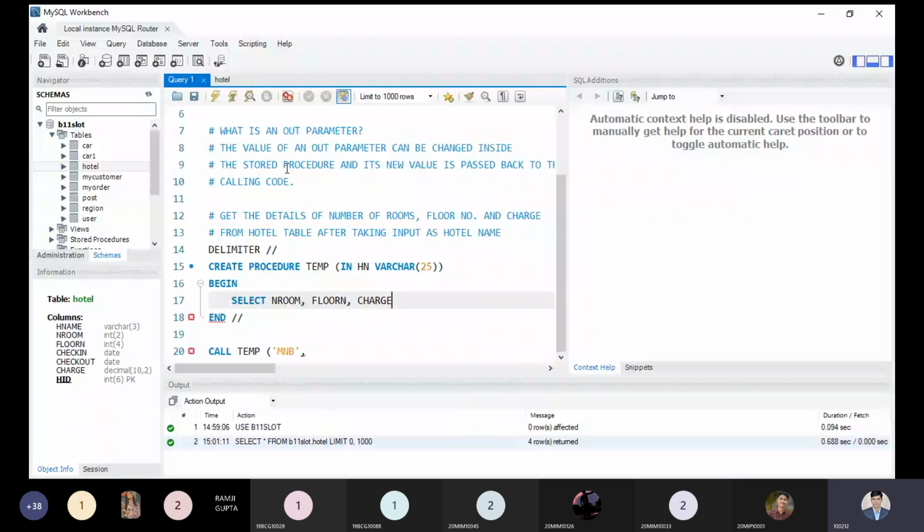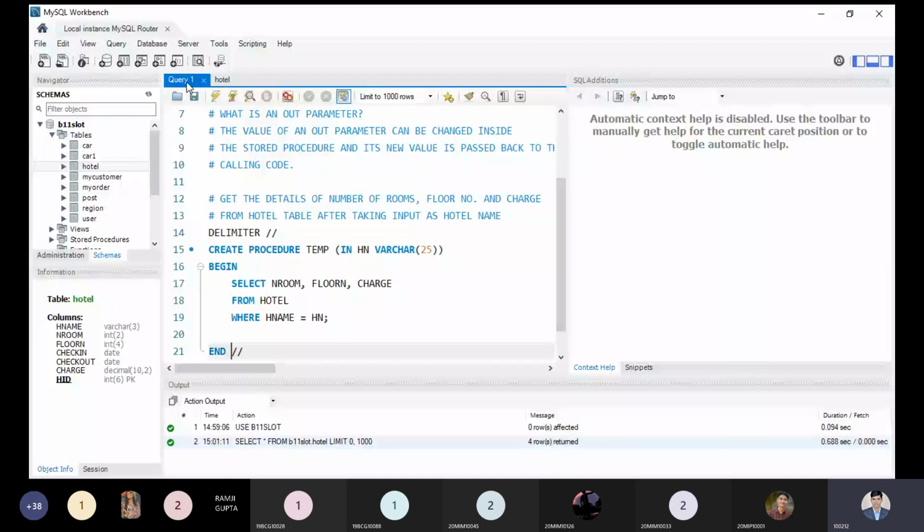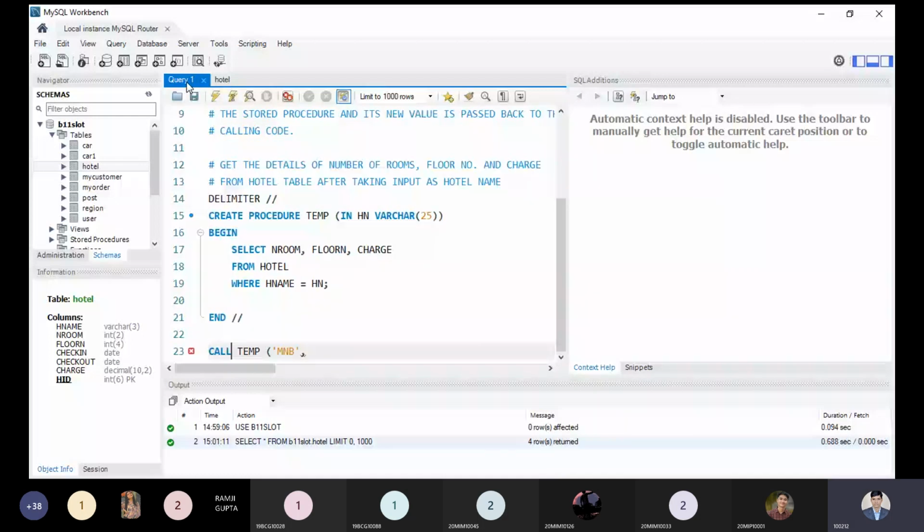Any condition? Yes, of course: where h name equal to hn, and put the semicolon. Now this will return the information. What is the purpose of the OUT parameter? What will it do? Let me write some important points here.